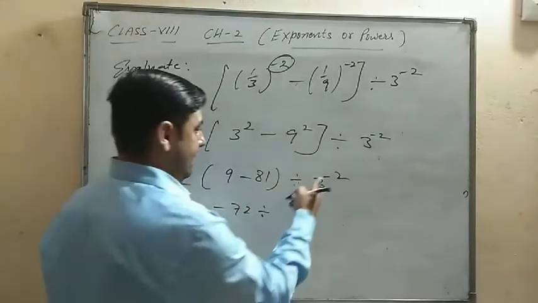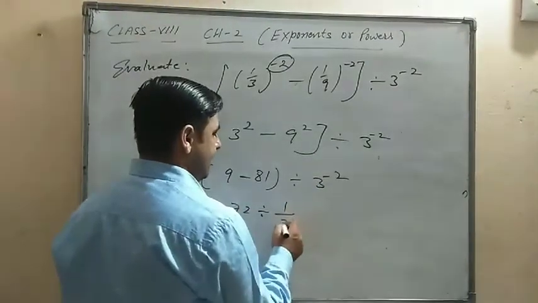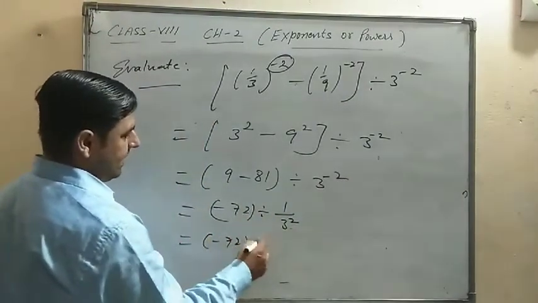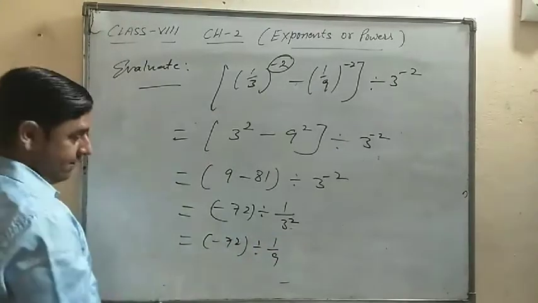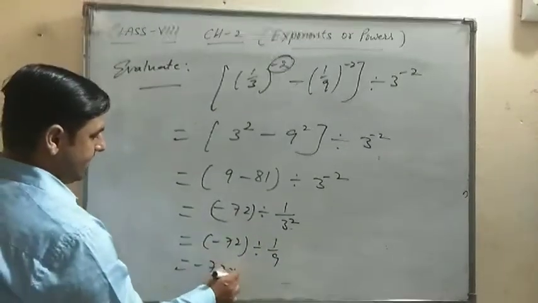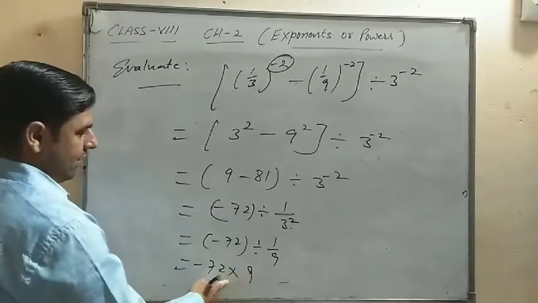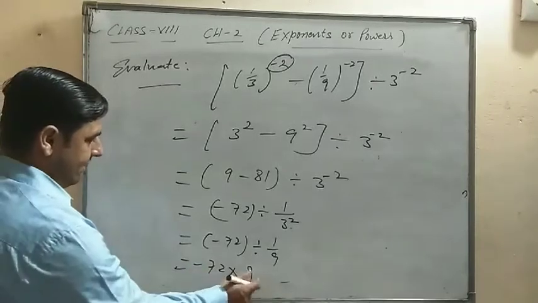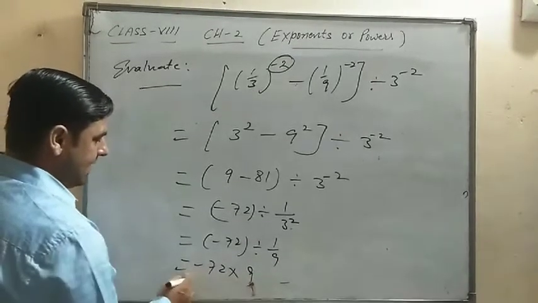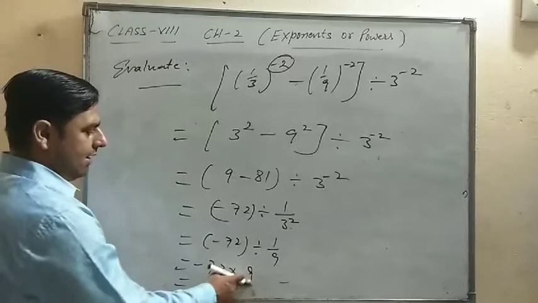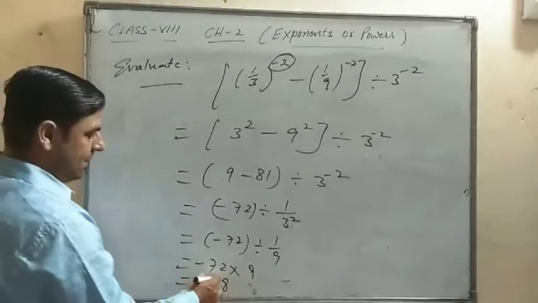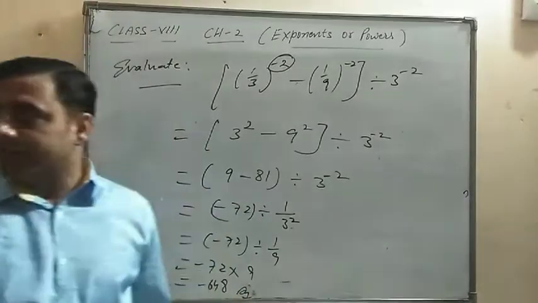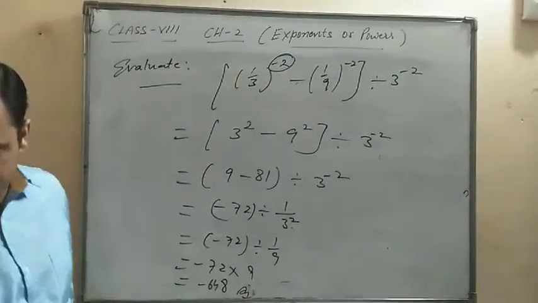Divided by, its meaning is 1 by 3 raised to power 2. So 1 by 3 raised to power 2 means 1 by 9. So if we interchange it as a multiplication sign, so into 9 by 1. So that means 9 into 8 is 72, minus 72 plus ... 64. So this is the answer. Now I will discuss the last question with you.